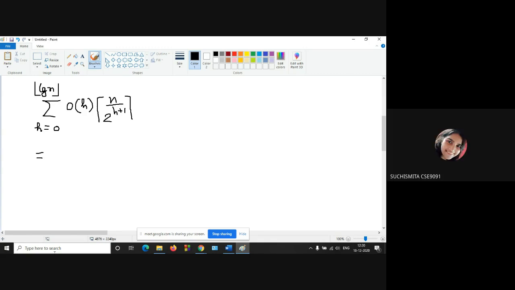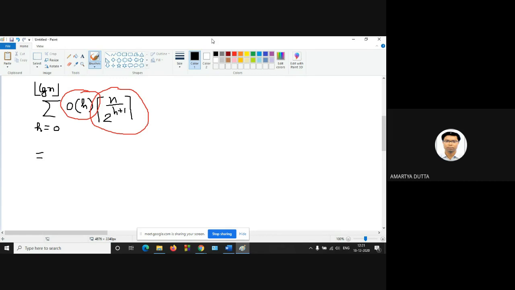Is it clear to everyone? Build max heap means you have to create the heap tree from the array, and the height of the tree is h. So h runs from 0 to log n according to theorem number 1. The range 0 to log n is actually the floor value, and the first term is used for max heapify function, and the second term is used for the total number of nodes, at most, at height h.